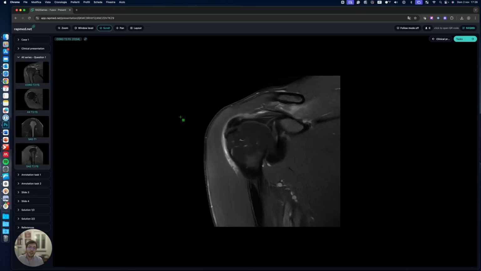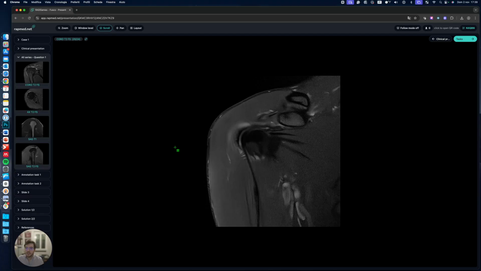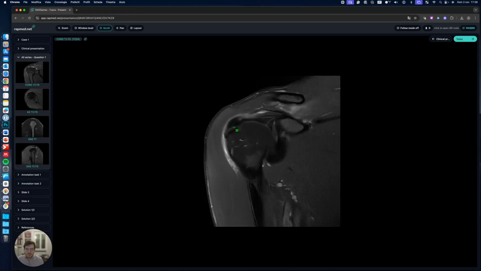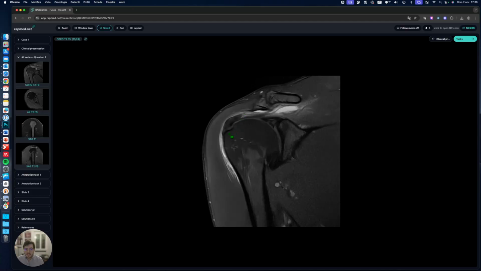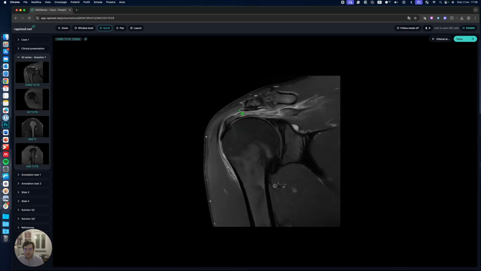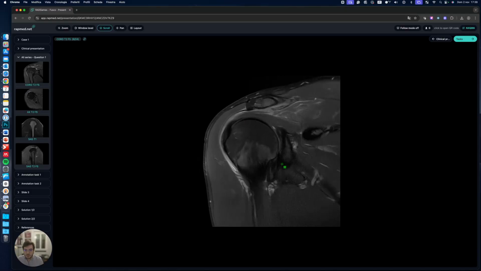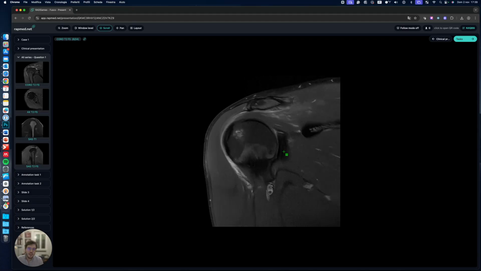This is a coronal intermediate weighted fat saturated sequence. Intermediate because of the TE, it's intermediate between a PD weighted and a T2 weighted image. Let's start from anterior, here the long head of the biceps. Going posteriorly, we see the supraspinatus tendon, which is attached to the humeral head. It's slightly hyperintense, but there is no fluid filled defect within it, so no real tears in the tendon,